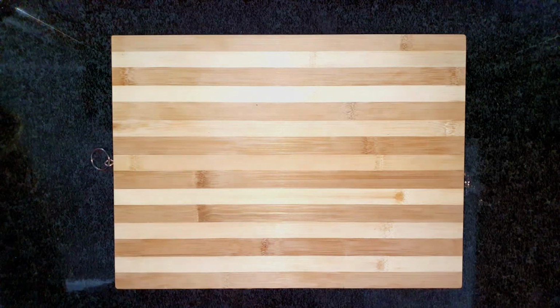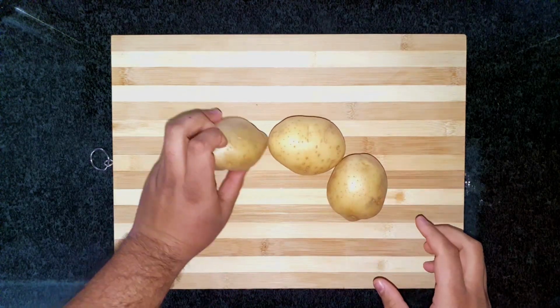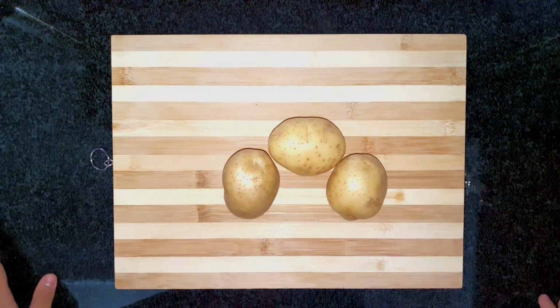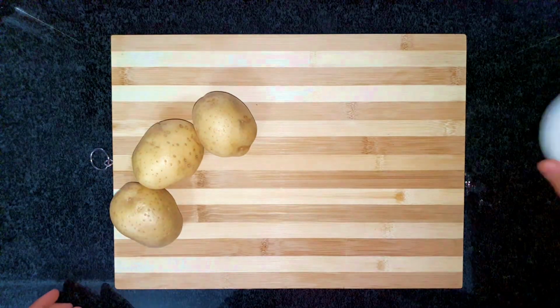The first thing we need to do is make the mashed potatoes. So we can start off with 3 regular sized potatoes, and it can be any type of potatoes, usually whatever boils faster. I know you get different kinds of potatoes, but whatever you get from your supermarket. Right, so for this method, we're gonna need a bit of lemon juice, about 2 tablespoons,